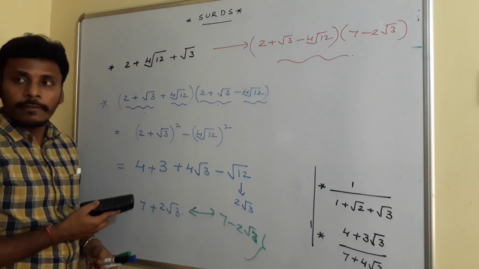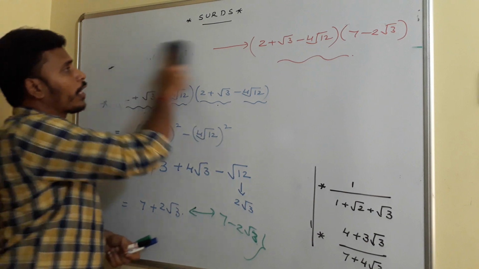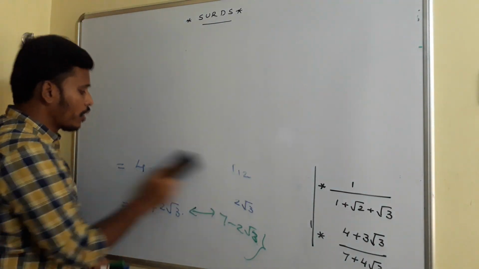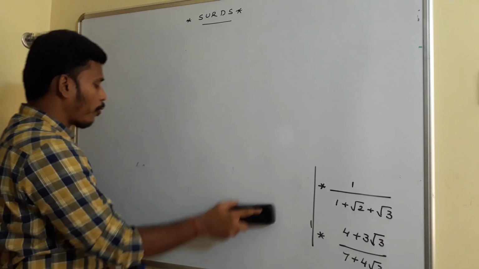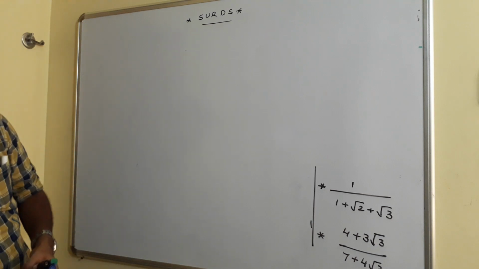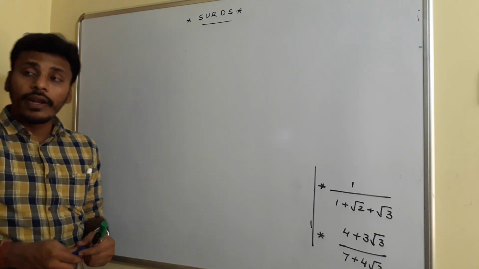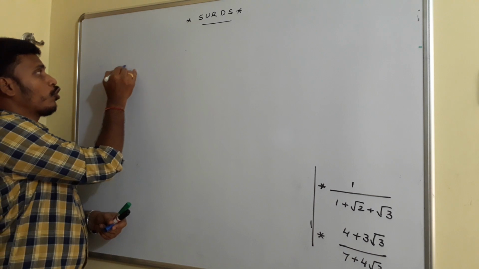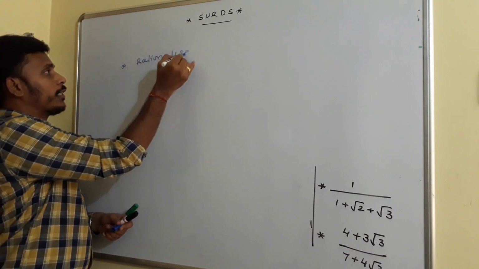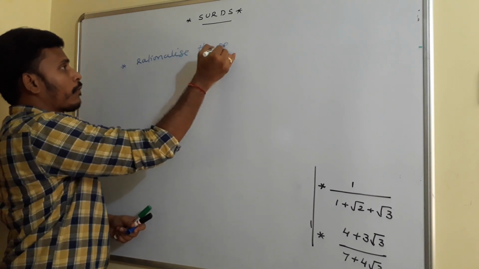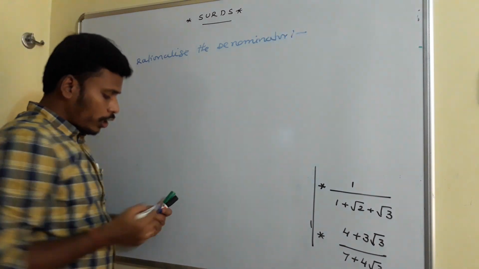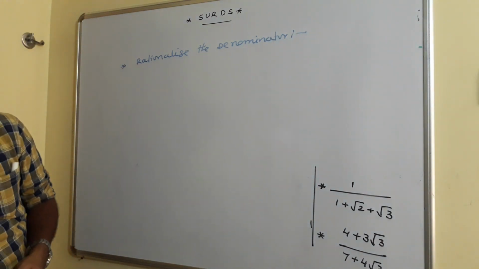Right? I am erasing this. In your regular exercises or in different situations, you may face certain problems related to that. You need to make the denominator a rational number. You need to make the numerator a rational number, like this. So a few problems in your books may be: rationalize the denominator. Rationalize the denominator of the following. So you need to rationalize the denominator of the given problems.